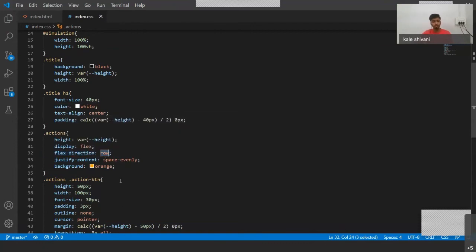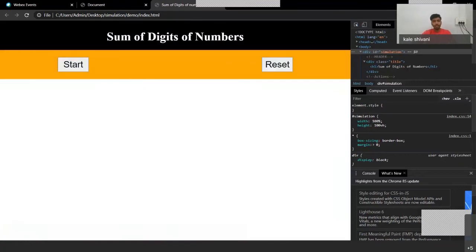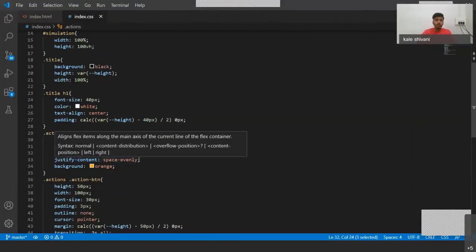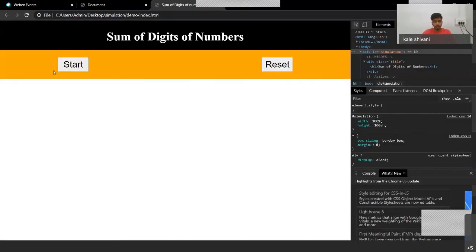So flex direction row says that whenever I put anything on the web inside a particular container which has a property like flex direction row, it will arrange all the elements in a row-wise manner, not column-wise. By default, HTML aligns elements in a column-wise vector, one below another. So by setting flex direction to row, it will allow us to arrange the elements in a horizontal way.